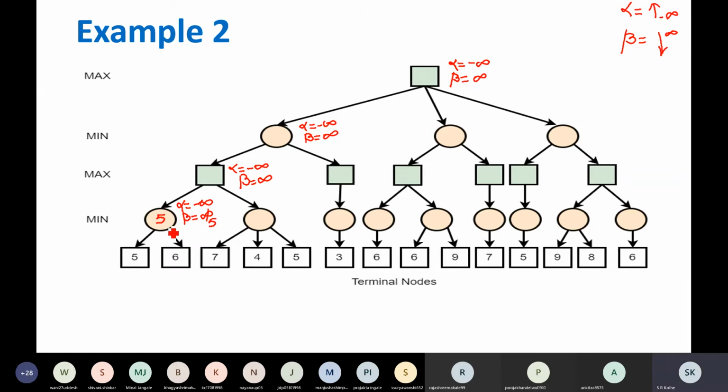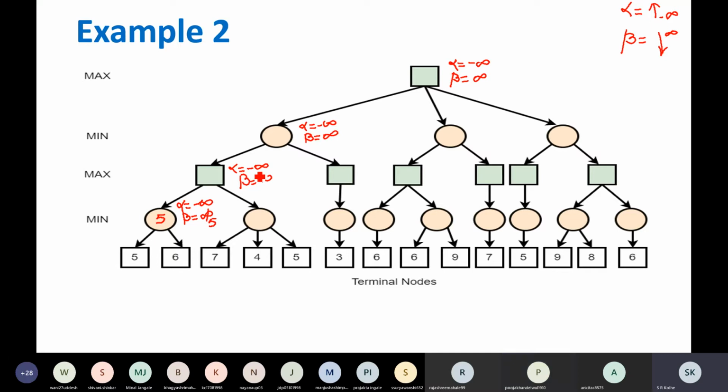Now what to do? You go back, backtrack. Now this node is a maximizer node. The maximizer will maximize, will update the value of alpha. Alpha is minus infinity. It is getting 5 from this, right? This maximizer is getting 5. Is 5 better than the previous alpha value?